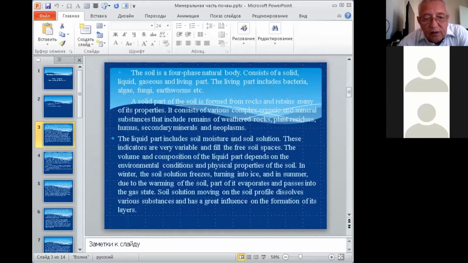In winter, the soil solution freezes, turning into ice, and in summer,